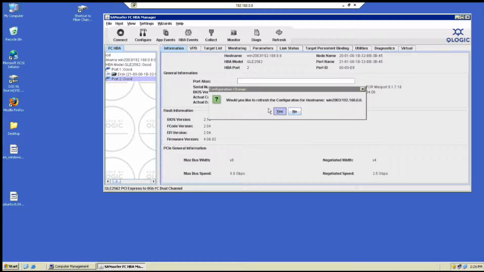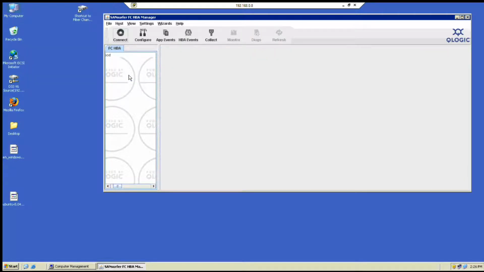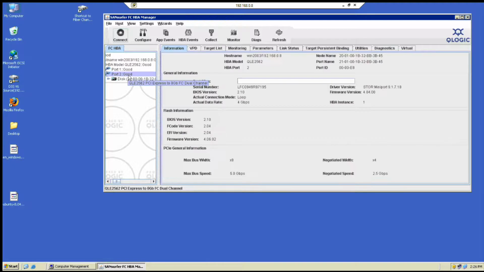Now let's go back to the Windows system. What we should do is a rescan or a refresh for SAN Surfer. What we've done at this point is dismount the target for port 1, mount it for port 2, and switch over. Now you can see that the disk is on port 2 of that Fibre Channel HBA.